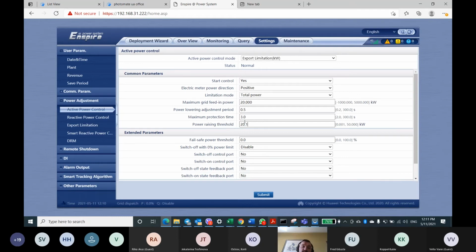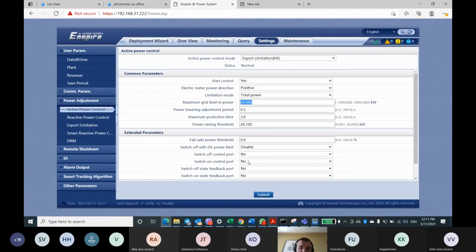The next one is extended parameters. Honestly speaking, I never saw anyone using it, but it works like this. If, for example, the Smart Logger loses communication with the power meter and the inverter produces the maximum energy, the Smart Logger and inverter don't know what energy goes to the grid and what goes to the load. So you can exceed this maximum grid feeding power.